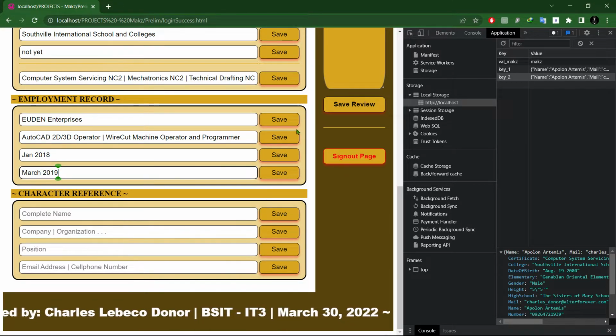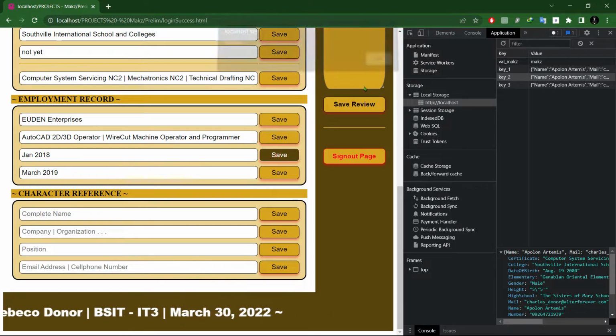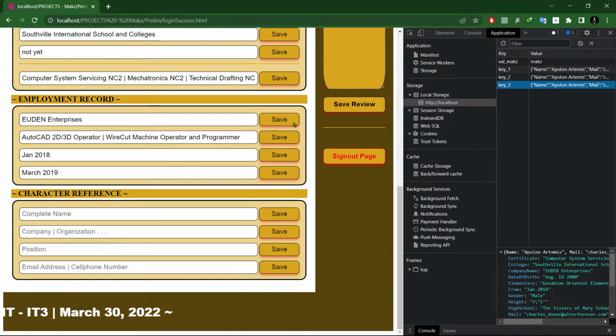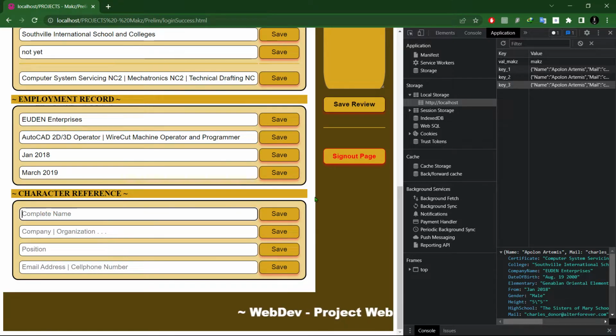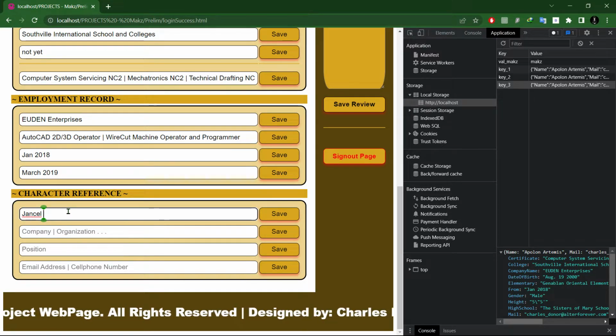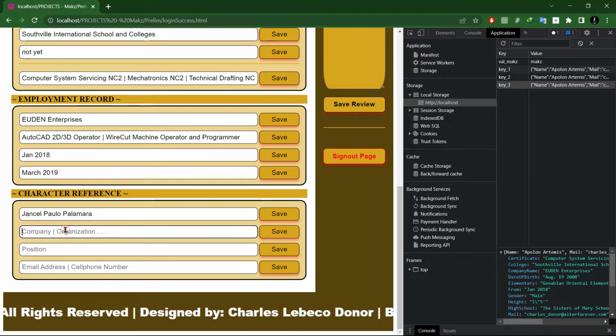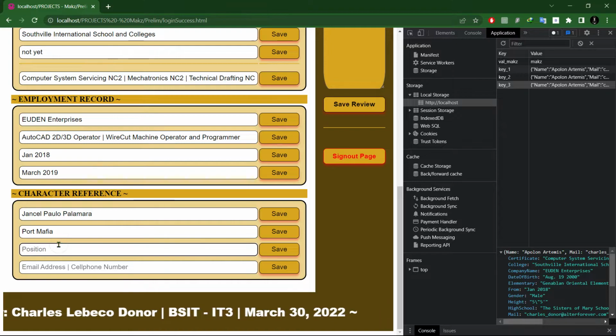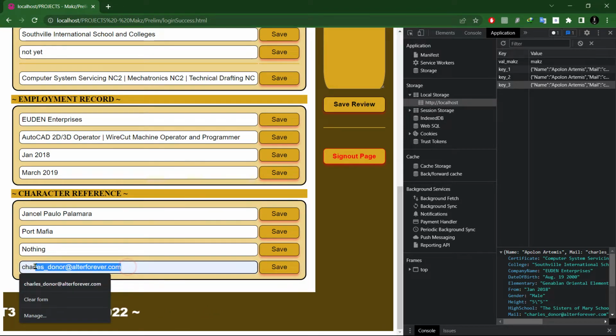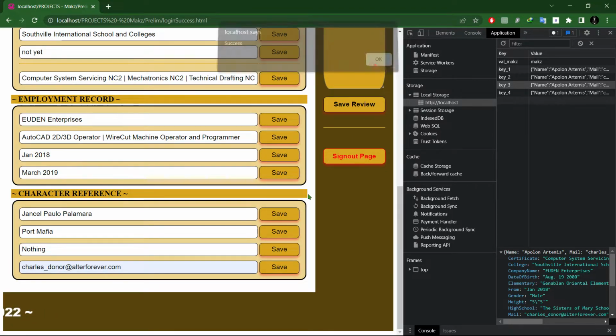So if I save these inputs, as you can see, we have here a key 3 from the employment record, and all the values we type here are stored as the various values in our local storage. Finishing this on the character reference, complete name, for example, Jansel Paulo Calamara, and then company organization, let's say Port Mafia, and then position, nothing. Email address, let's click this one for the email address, and saving this data